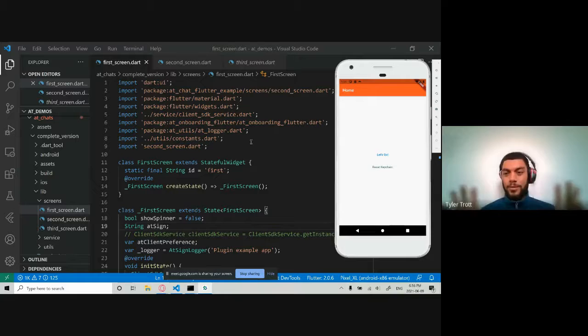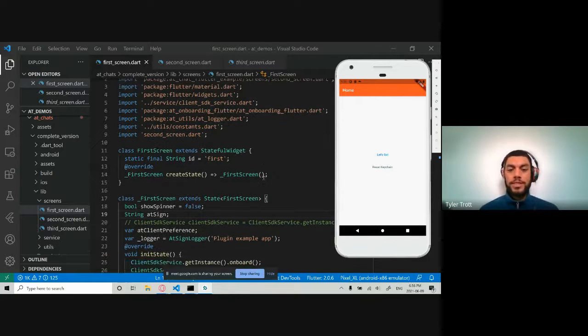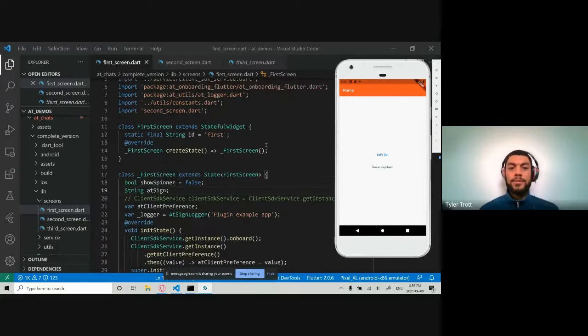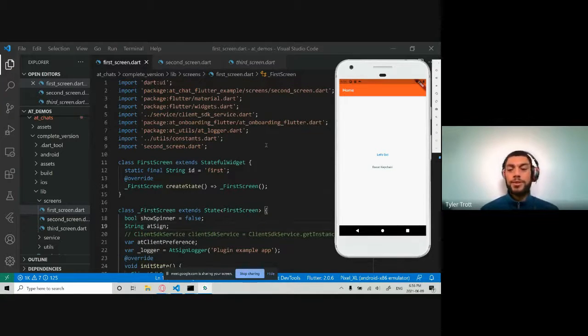But we're going to get straight down into the Flutter code, because that's what we're all here for, right? So we have 3 screens. Very basic stuff here in the beginning. We just set up our widgets, our stateful widgets. You'll see a lot of app platform dependencies that we're importing from packages. I'll show the pubspec.yaml a little bit later.